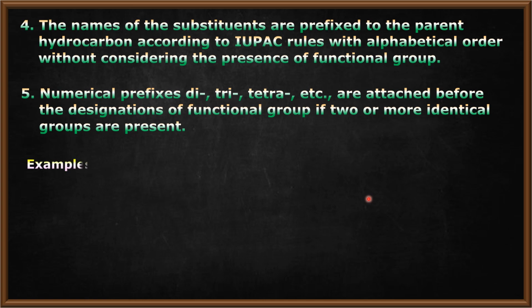For example, you can see in this organic compound there are two functional groups. The same kind of functional group is attached two times. So it means we have to use the numerical designation di. 1, 2, you can see here the IUPAC name of this organic compound is